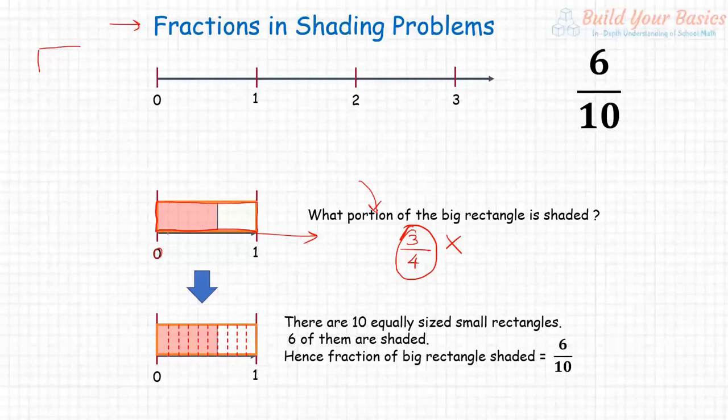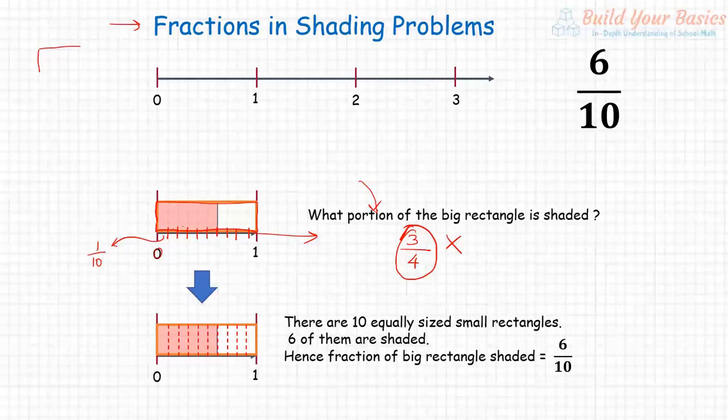So again, the previous method, what we would do is we would divide it into some equal parts, like this. Now how many parts have we divided? 1, 2, 3, 4, 5, 6, 7, 8, 9, 10. So each part is how much? 1 by 10, right? I have divided it into 10 equal parts. Each part is 1 by 10. Now how many such parts are there?